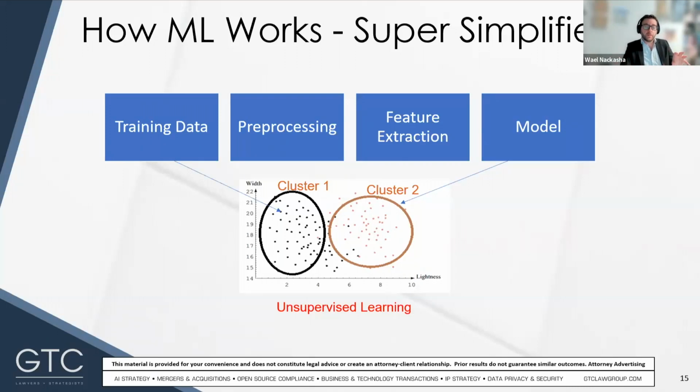Once it's split, we have two clusters, one for each group of data. And then we store that model. Once we get an incoming image, we provide that image to the model, the machine checks which cluster the incoming fish image belongs in, and decides if it's sea bass or salmon. So there are many other approaches. We gave two simple examples, unsupervised and supervised, but there are many other approaches like semi-supervised learning, reinforcement learning, and others.